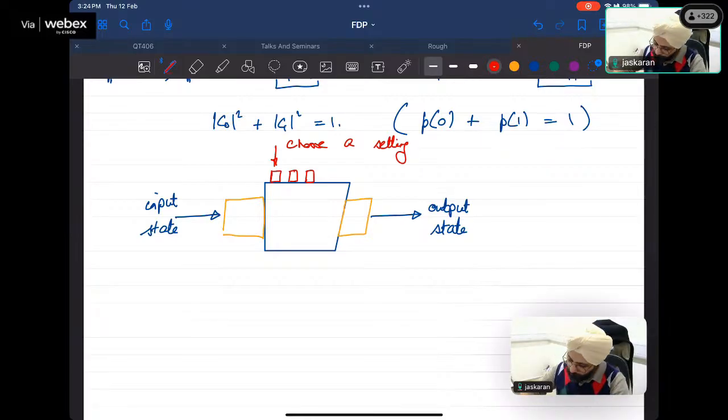Moreover, the device will output some information. Otherwise, it's not a measurement, right? The measurement should tell me, this is the outcome you got, this is the probability with which you got it, or whatever. It should give me some result. Moreover, the result needs to be classical. Classical in the sense